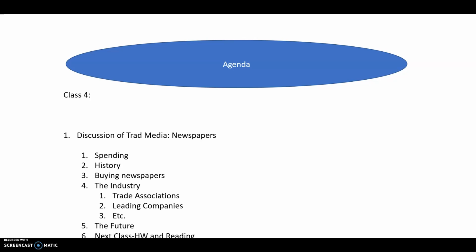What did we cover today? We talked about newspapers. We looked at spending. We saw that newspapers are not growing. They are going down in terms of spending. They have been for some time now, and that trend is continuing. We looked at a history actually from the beginning of printing. I like to go back and really, if you're going to do something, do it. So we got a darn good look at the history of newspapers,